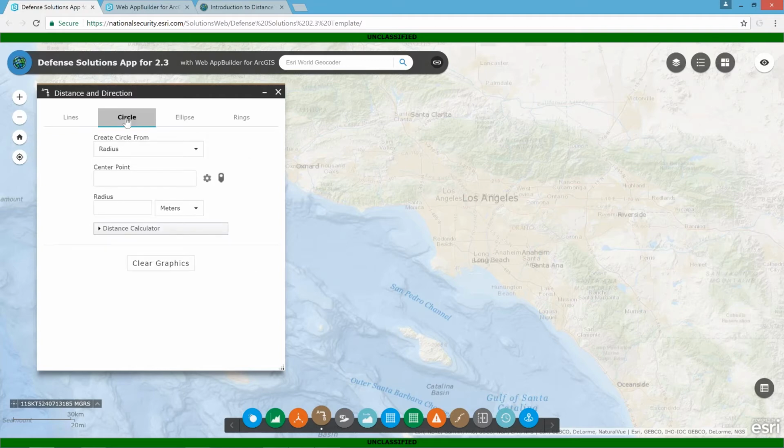I'll start by tabbing over to the Circle tab. You can create a circle that will give you a label with the measurement of your radius or the circle's diameter. I'll stick with radius for now and use the map point tool here to draw a circle. I'll click over Orange County in Southern California and then just drag my mouse and you can see the circle preview is expanding. When I click again, the circle will be created and it'll give us a label with the